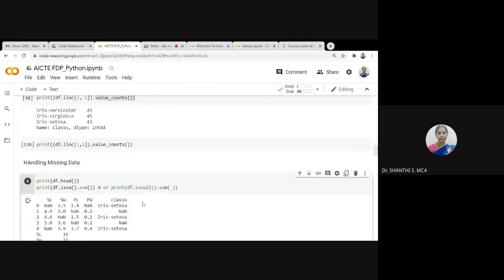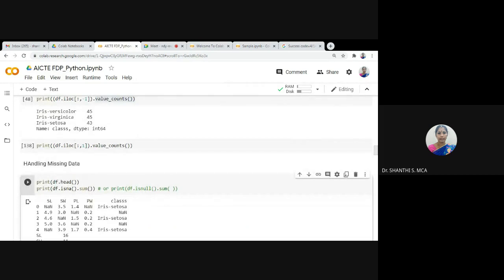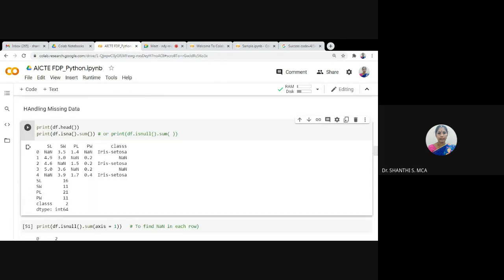This will print the number of missing values in each column. In sepal length, there are 16 missing values. In sepal width, 11. Petal length, 21. Petal width, 11. In class, there are 2. Here the function is df.isna().sum(), which counts the number of missing values in each column.